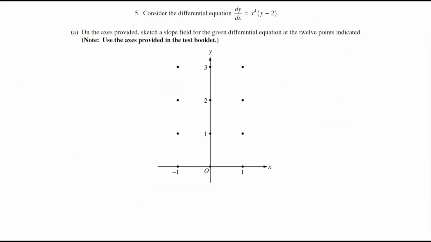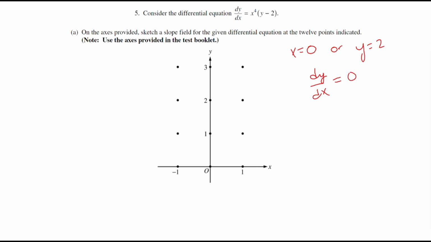All right, this is question number 5 from the 2004 Form B AP Calculus AB exam. This is a differential equation FRQ. We're given dy dx equals x to the 4th times y minus 2. And to start with, they just want us to sketch the slope field at the 12 indicated points. So we'll note that anywhere where x equals 0 or y equals 2, dy dx will be 0,